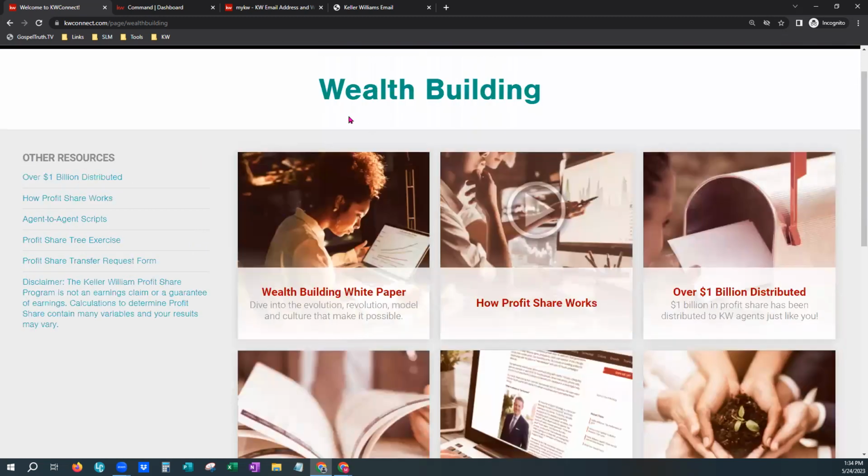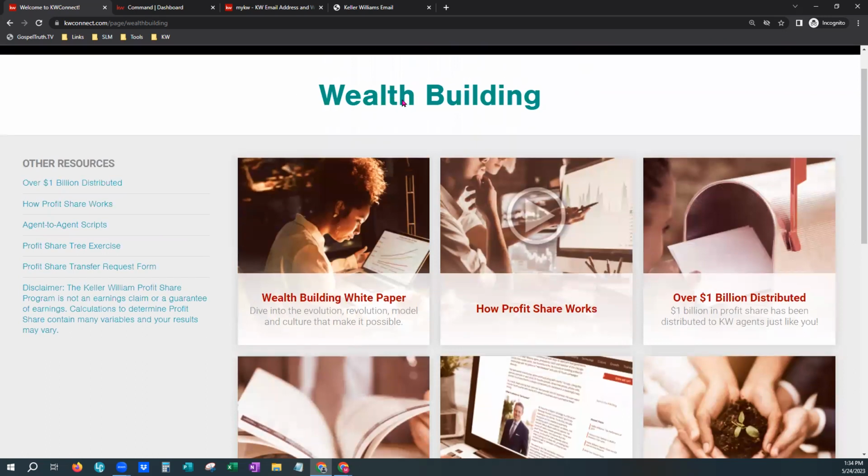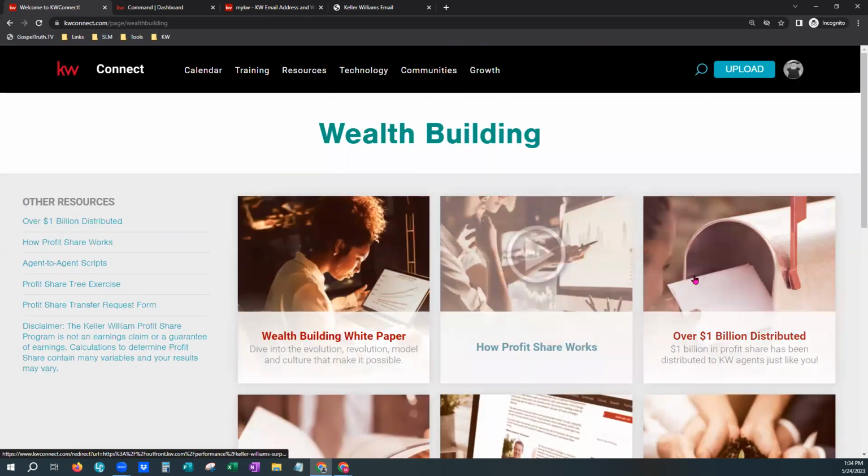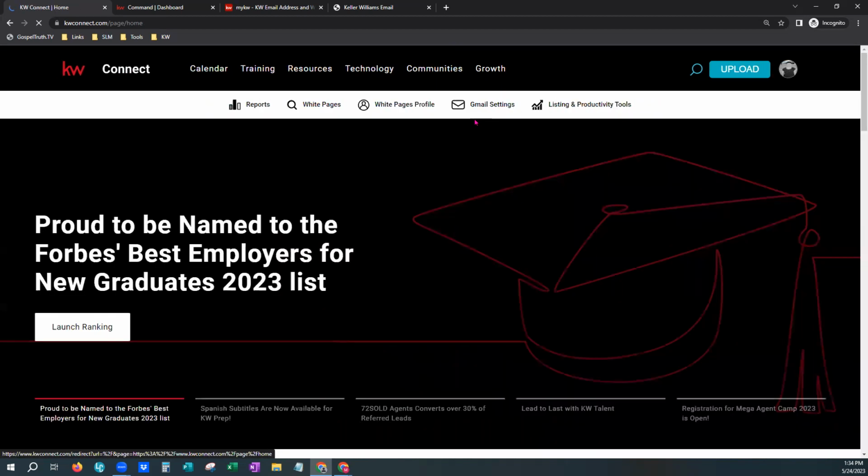You'll notice the same layout for KW Connect. You'll usually see a title at the top, icons that you can click on for more information. And then on the left-hand side, they'll have other resources listed as well, pretty much on any page that you click here within KW Connect. I'm going to click on Connect in the top left just to bring us back to the main page, since I did duck over into one of the